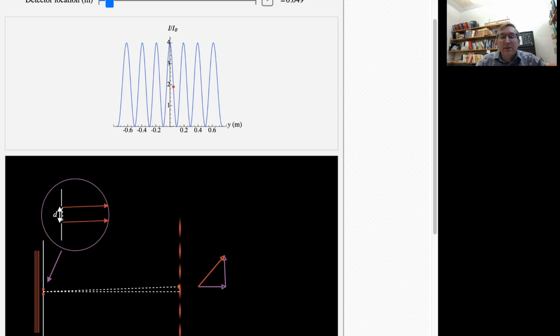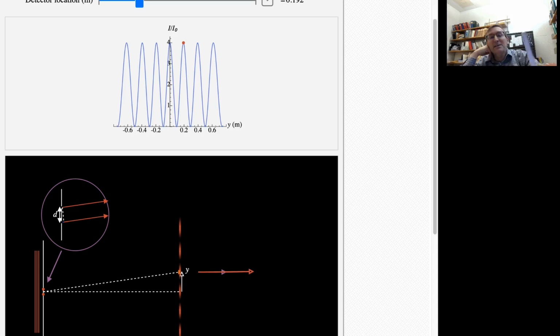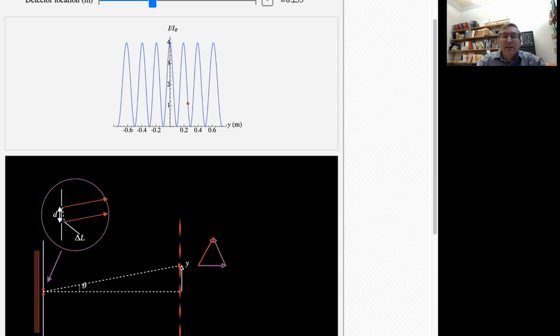When I get to the center of a dark fringe, my waves are exactly out of phase, and my dot on the intensity graph is down at the bottom at a minimum. If I keep going upward, if I'm at the center of the next bright fringe, my waves are in phase. I have a maximum intensity. My dot on the graph is up at 4I0. I go up some more. At the center of the next dark fringe, my waves are exactly out of phase. I have no intensity, and it just keeps repeating. That's the pattern we want to be able to